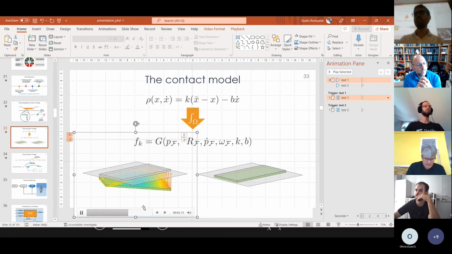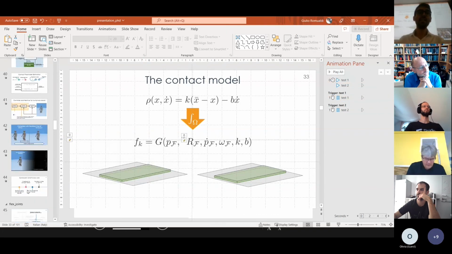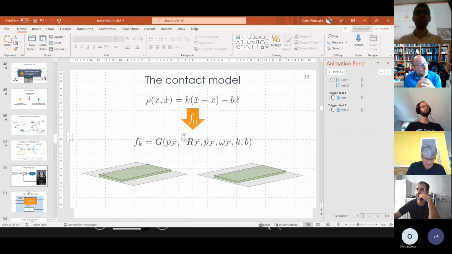What I did during my period in Toulouse was start from an already given model, and that was mainly the starting point. But in theory, this could be a really nice research direction, because thanks to that we can also move away from the assumption that a flexible link is modeled with a set of